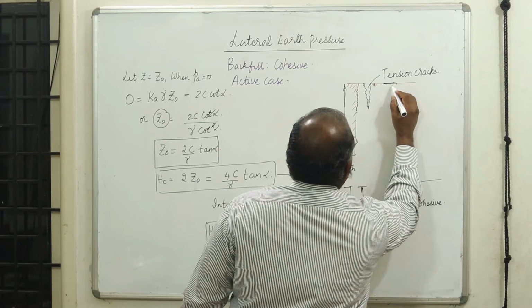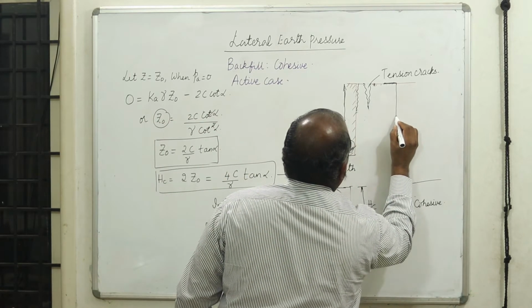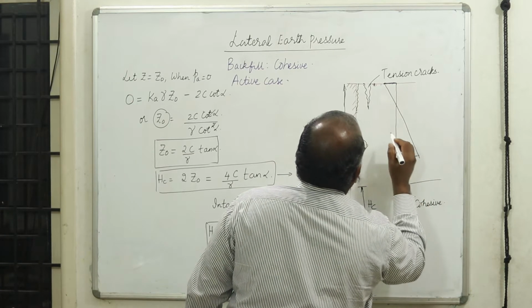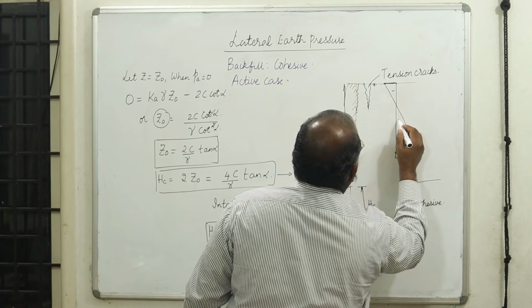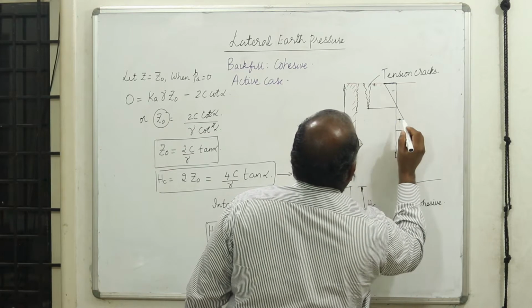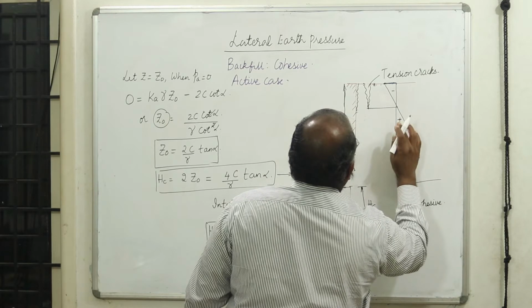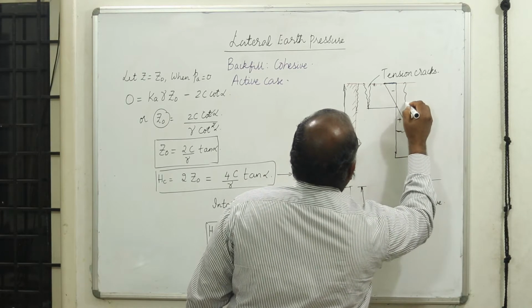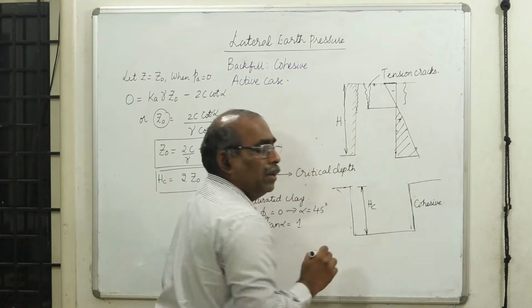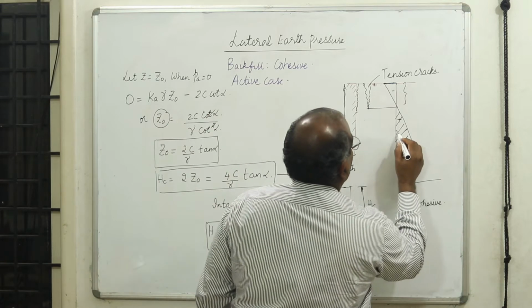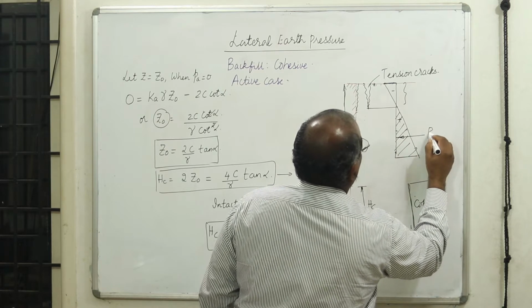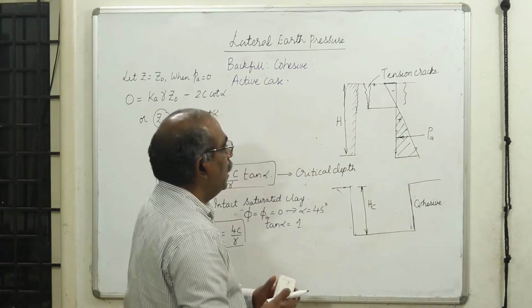So one can find out the depth of tension cracks. In that case, the pressure distribution is something like this. Therefore you have this negative and this positive portion. Now, to that depth, I can neglect this portion. When the tension cracks develop, I can neglect this portion and the net pressure will be only because of the positive pressure. My lateral pressure is only because of the positive pressure distribution, and this can be neglected.